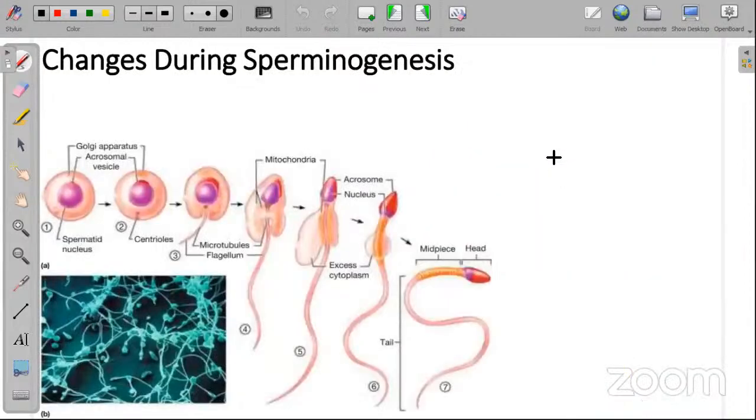Next is spermiogenesis. Then what is meant by spermiogenesis? So spermiogenesis is the process where spermatid is converted into spermatozoa. यहाँ पर मैं लिखता हूँ spermatozoa. Spermatid converts into sperm cell, and that process is known as spermiogenesis. Then what happens in spermiogenesis? Some changes happen in the process of spermiogenesis.